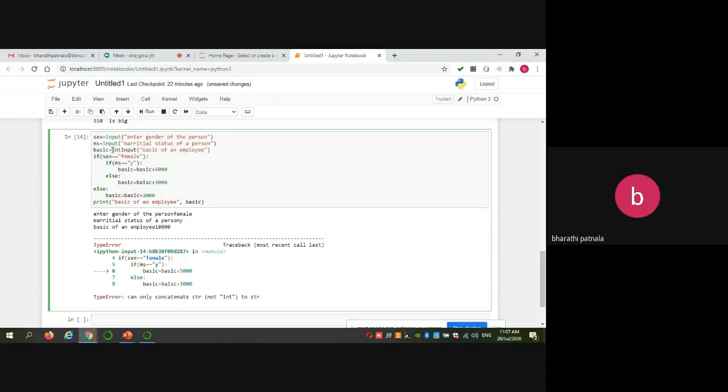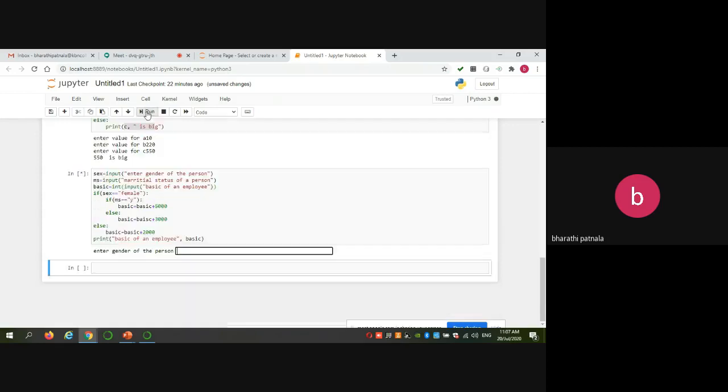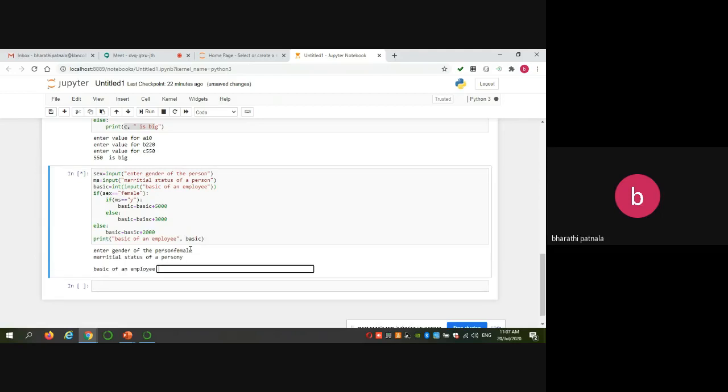The input value is a string, so you get the error: can only concatenate str, not int. Okay. So female, marital status is yes, and basic of an employee is 10,000. Then what is the output? 15,000.